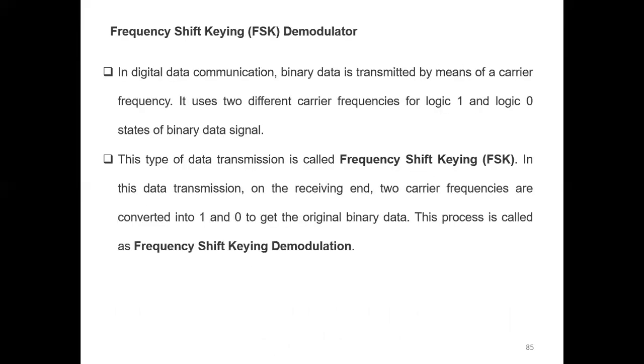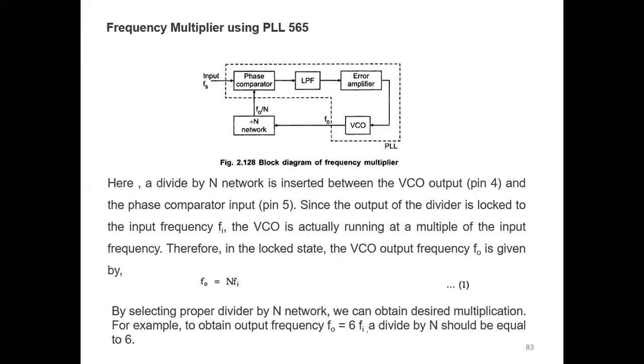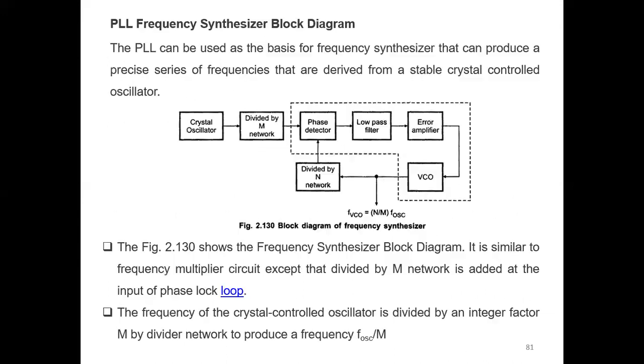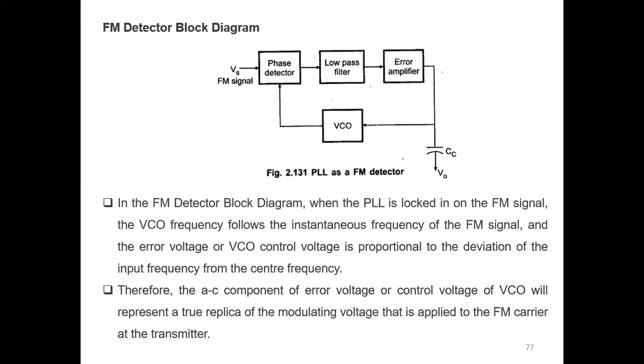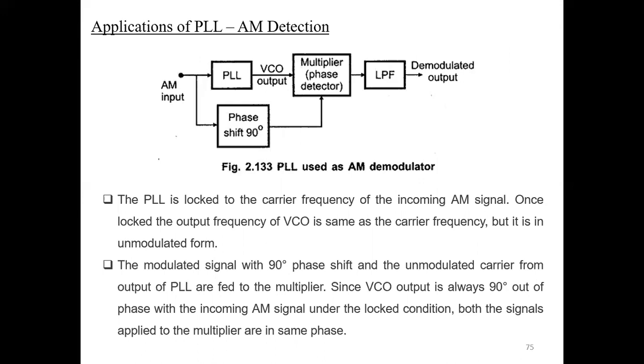Okay, these are the applications of PLL, because PLL is mainly used in demodulation. From this topic, we can conclude that the PLL is mostly used in demodulator circuits, because it locks the particular frequency. For example, if you want to lock a particular FM station, for example 98.3 megahertz